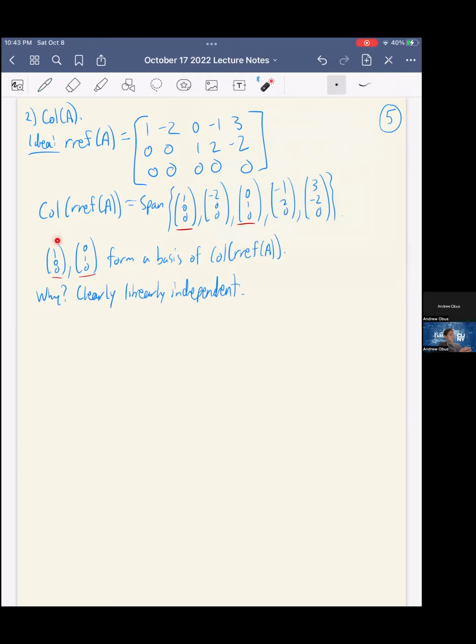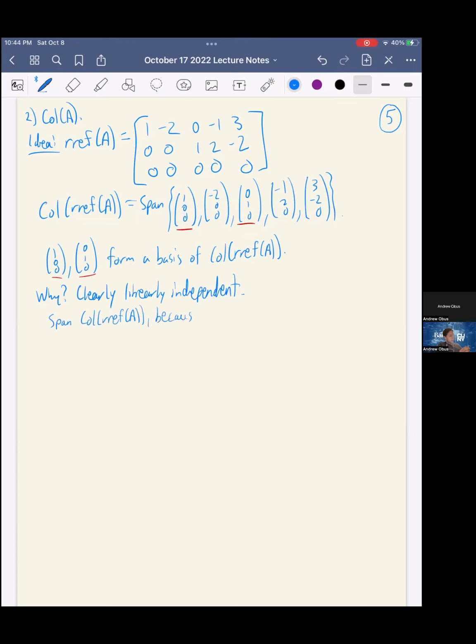Right, I mean, (1, 0, 0) and (0, 1, 0) are certainly linearly independent vectors. They're standard basis vectors. And they also span this column space, because if you notice, every vector here has a 0, right? And so if you're in this span, if you're any linear combination of these things, your third component is going to be a 0, no matter what. So they span the column space of the row-reduced echelon form of A